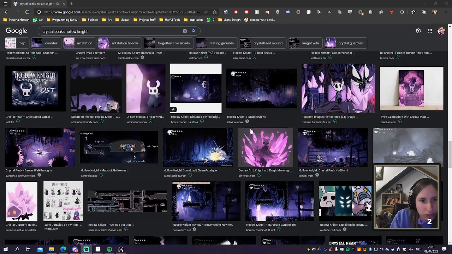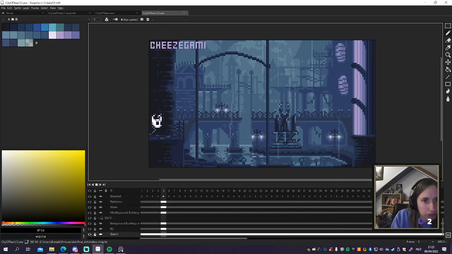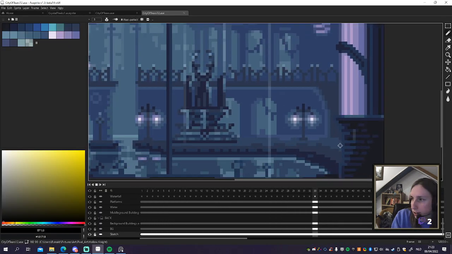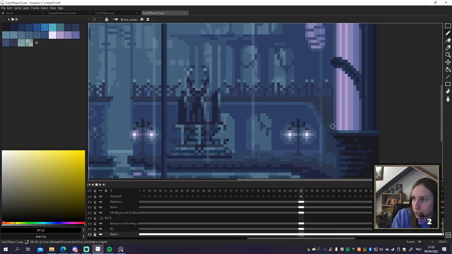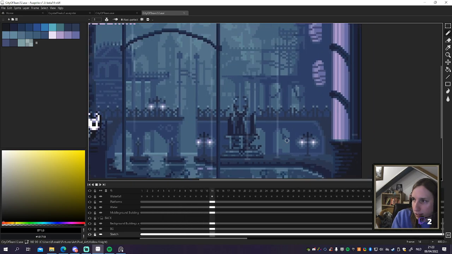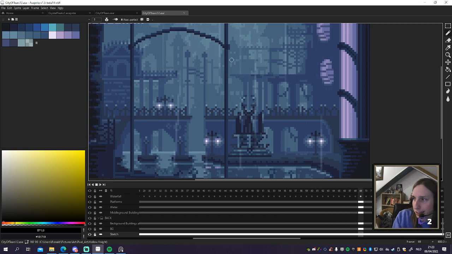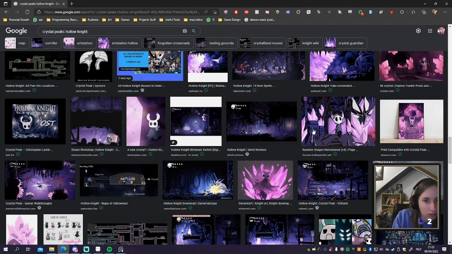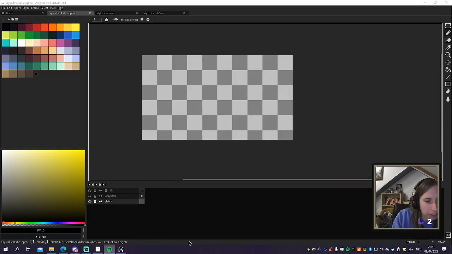So when you look at Hollow Knight, for example, and I try to do that in my City of Tears work as well, the foreground has really dark colors, and that's really great because you can create a lot of depth by using dark colors in the front, and then have more subdued, lighter colors in the middle, and then let it slightly fade away in the end. So that's something I try to do as well. So if I look at this painting,